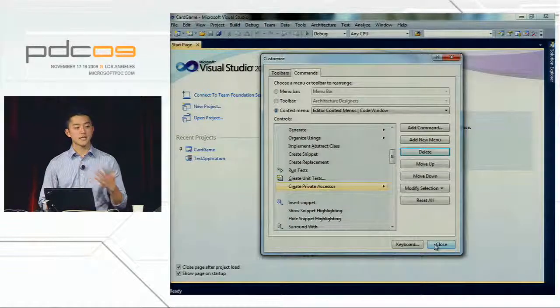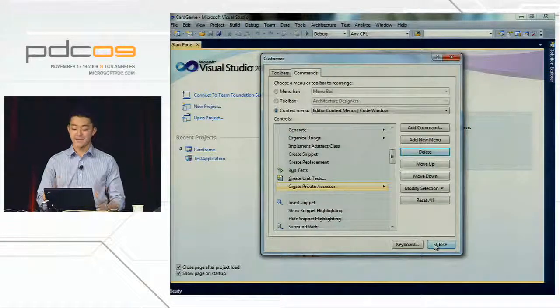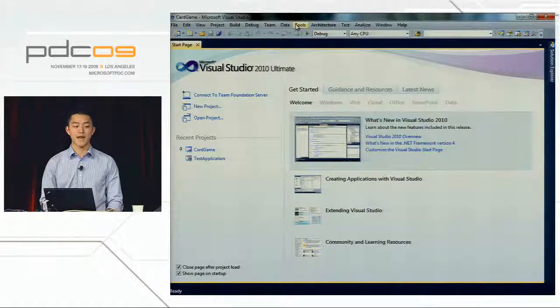So we've taken a look at customizing keyboard shortcuts. We've taken a look at customizing context menus. Another way that users typically customize their Visual Studio environment is through add-ins and extensions. And for those of you coming from previous versions of Visual Studio, you know that it was typically very difficult to find the extensions, install them, and manage them, and just overall kind of use the add-ins. So in Visual Studio 2010, there's a new feature called Extension Manager, which you can access by going to Tools,